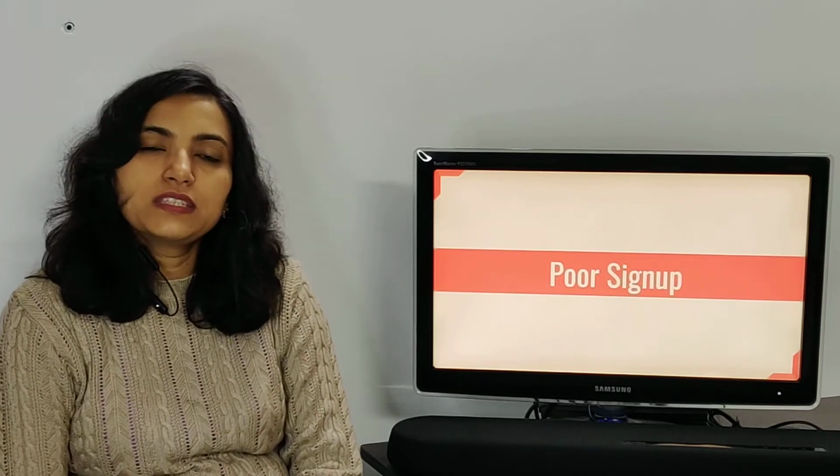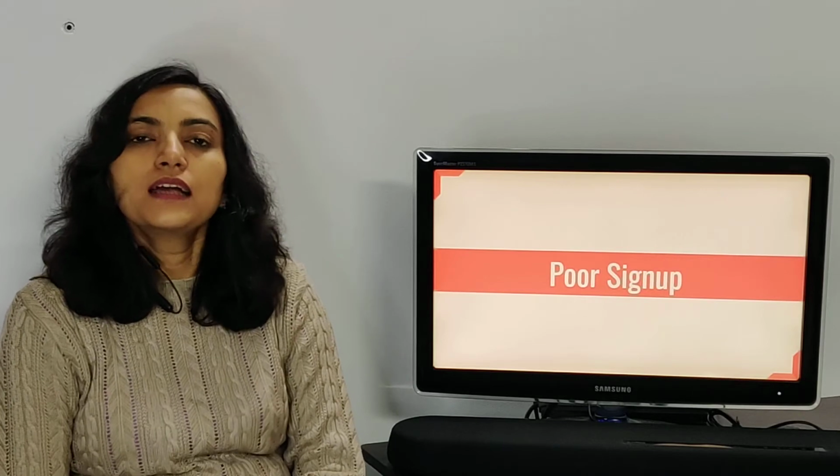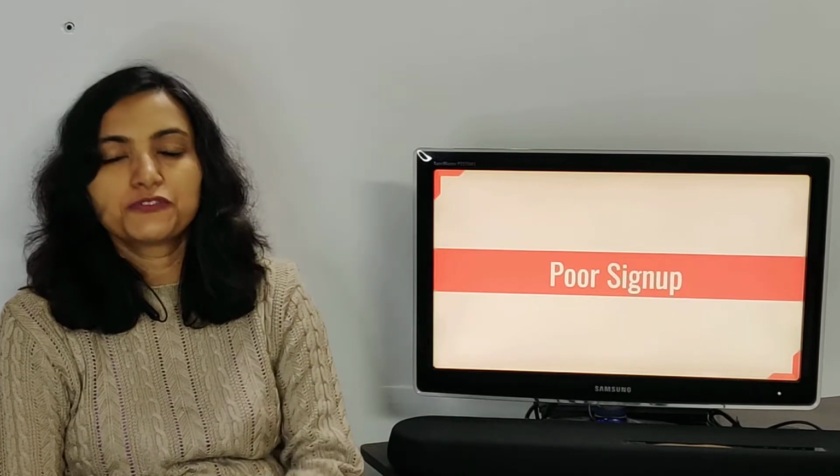Suppose you are trying to solve the activation problem for an e-commerce app, and you notice that there is a very significant drop off between installation and sign up. The ratio of sign up to installation is very poor. So how do you figure out what is happening? You'll probably draw a funnel of all these steps that are involved after installation and before sign up.